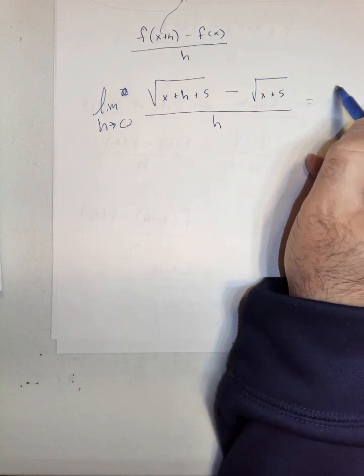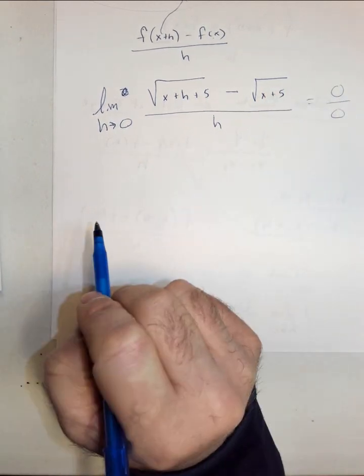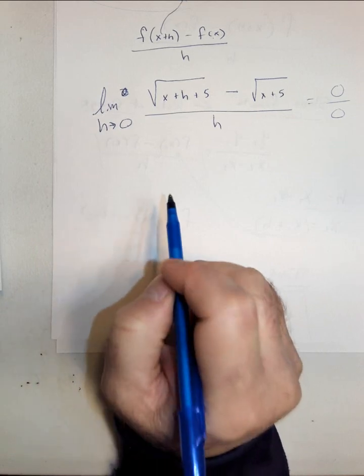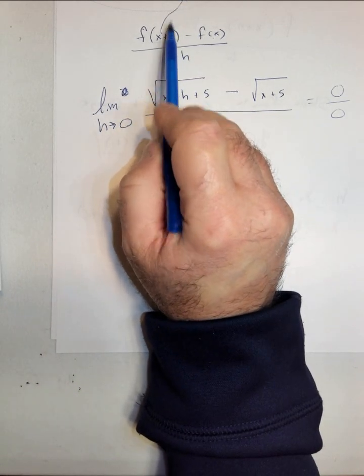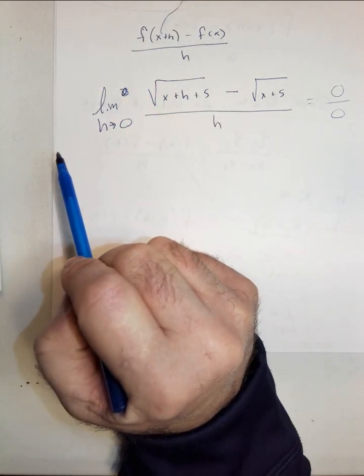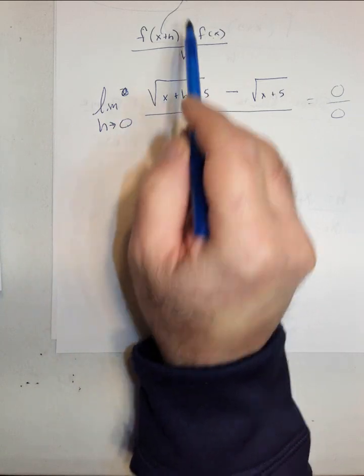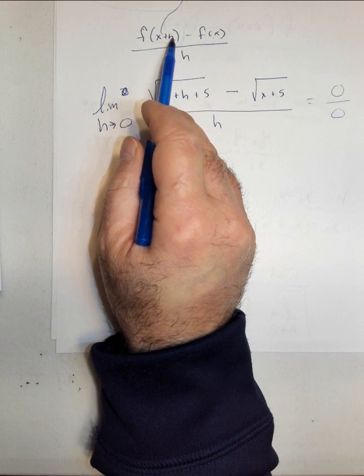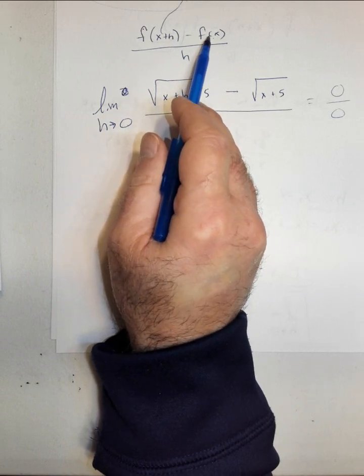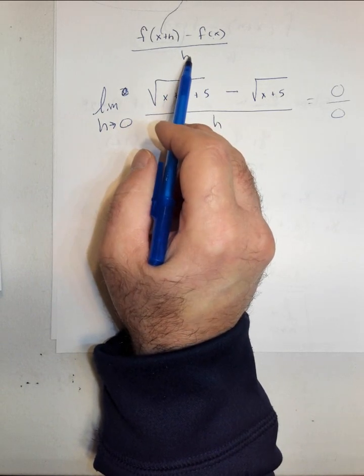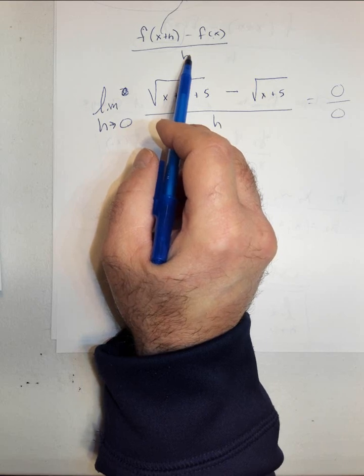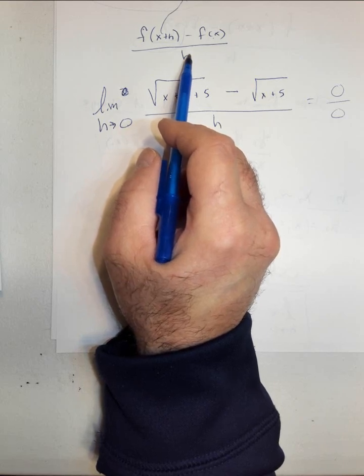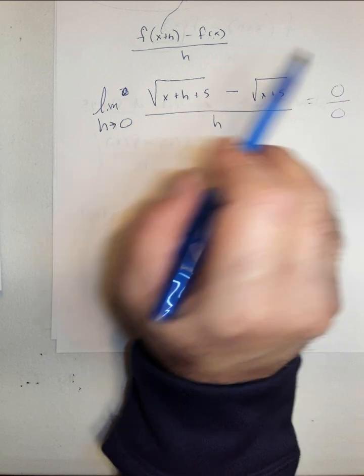That's where this is always going to be 0, and this is always going to be 0. You can take a moment and look at this, right? Because all we're doing is adding x plus h into here. When I let h go to 0, this function is always going to be the same as this function. So you're always going to get a 0 on top, and a 0 on the bottom. So when you apply the difference quotient to whatever function you're dealing with, you're always going to get the indeterminate form,